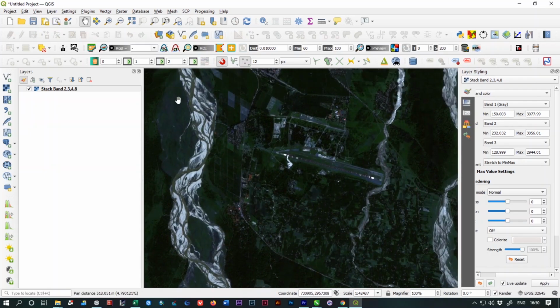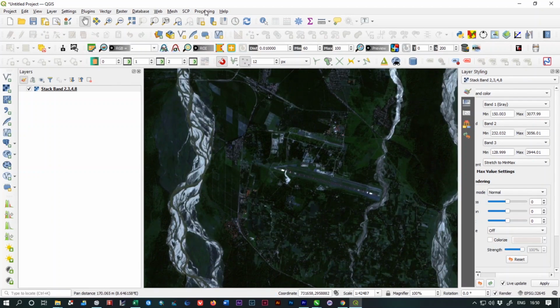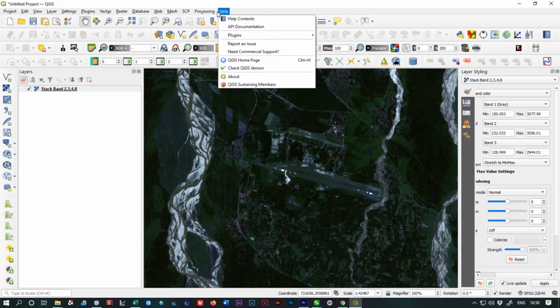So if you want to crop the raster layer or any type of raster layer, maybe it's data of Landsat 8 or MODIS or DEM data, the process is the same for all types of raster data. You just need to go to processing and find the toolbox, or alternatively you can press Alt+T. And by the way, the shortcut you are viewing on your screen for the toolbox, that Alt+8, it's not a default shortcut. I have manually assigned it for the toolbox.